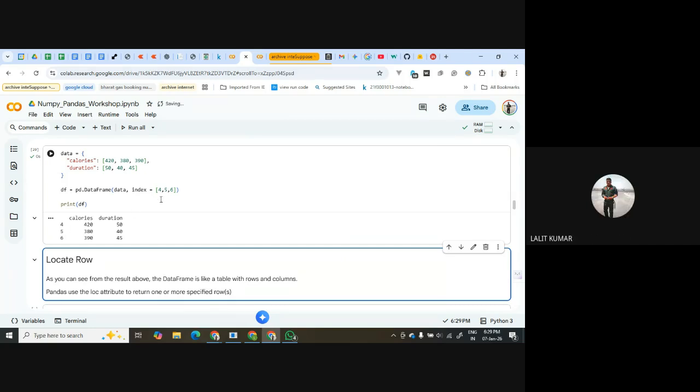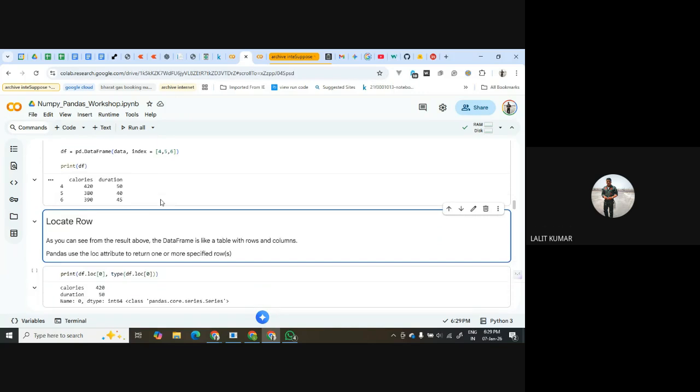Now we will understand a very, very important concept: how to locate a row. In Pandas we have df.loc and df.iloc. We have to understand this; in a lot of places this question is asked and it is practically used. And many of us make mistakes about when to use loc and when to use iloc.